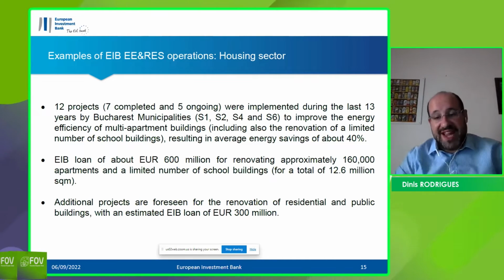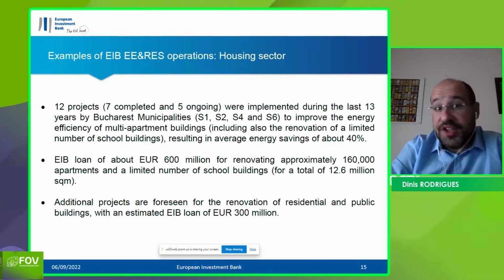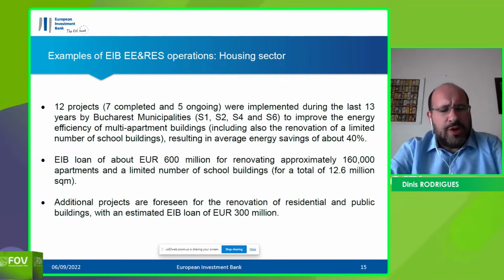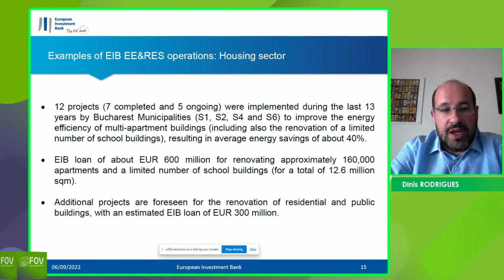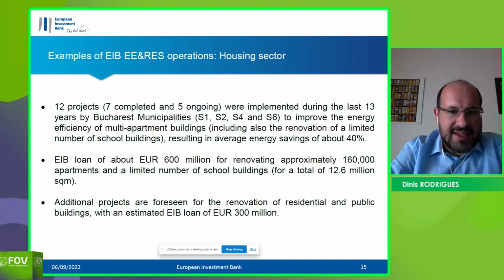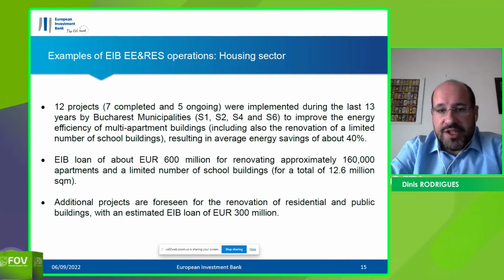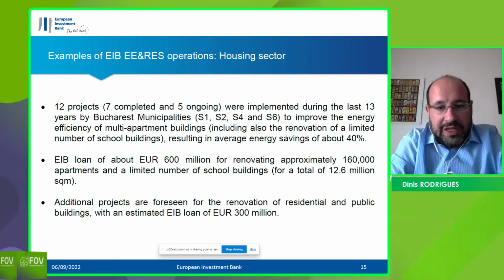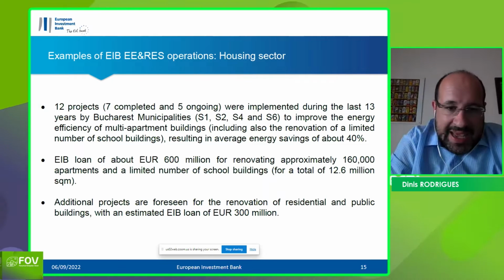Just a very brief snapshot of what we have and what we are currently supporting in Romania on energy efficiency and renewables. On renewables, we don't have that many projects, but on energy efficiency, we have financed during the last 11, 12 years roughly 12 projects in Bucharest for housing renovation. So for those of you who live in Bucharest or already know what we are doing, we have lent roughly